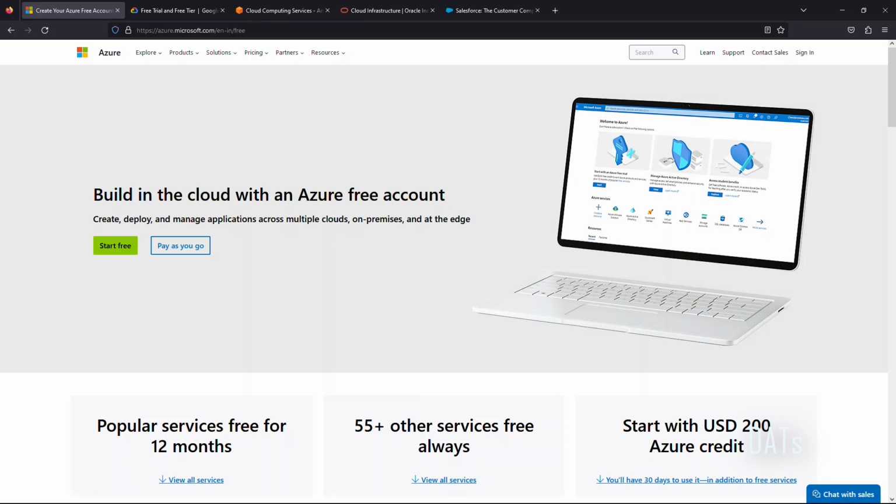So in order to build a cloud, the essential thing is we should have a subscription. And for getting a subscription, we should have an account in Microsoft Azure. So the next important task that we are going to do is to create an Azure free account. However, I would like to show you some of the competitors in the cloud computing world. That will really help you to make comparisons when you go to choose one of these cloud providers.